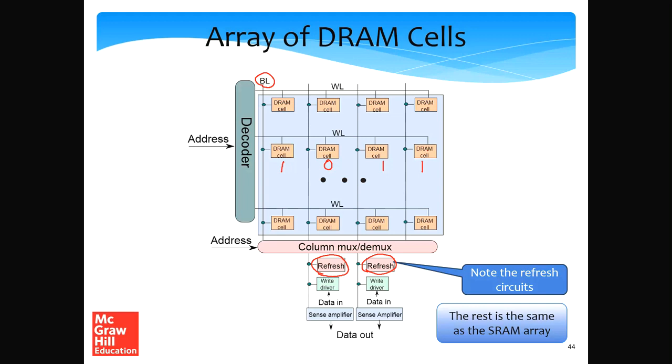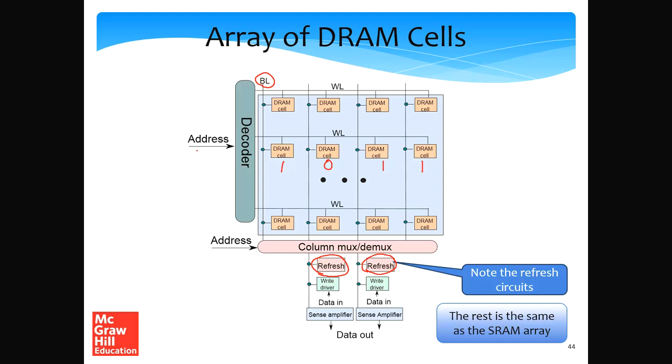One simple solution is that, like a for loop, we read the contents of each row and compare. We read and compare, we read and compare, till we find the row. That is possible, but what's the problem? The problem is that we need to read the contents of the entire SRAM array or the DRAM array, which is not a good idea. We can do something better, right? This is called content-based addressing, and a CAM cell is a content addressable memory, where you're trying to find it by its content, not by its address.